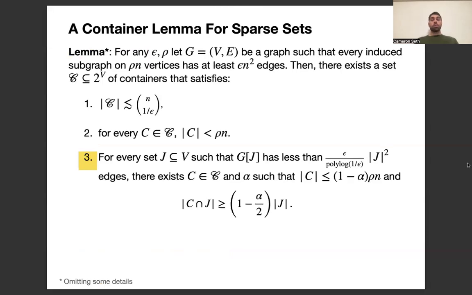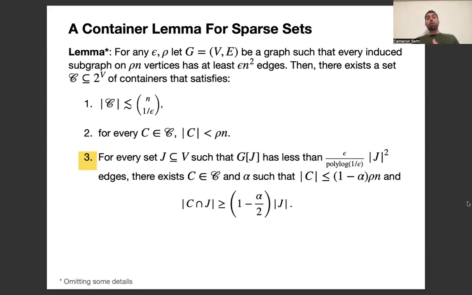So here's the lemma that we prove, up to some small details that I'm omitting. Again, it starts the same. Let G be a graph that's epsilon far from having a row n independent set. Then there's a collection of containers such that the collection is small, the containers are small. And this time, for each sparse subgraph, there is a container and some alpha, such that